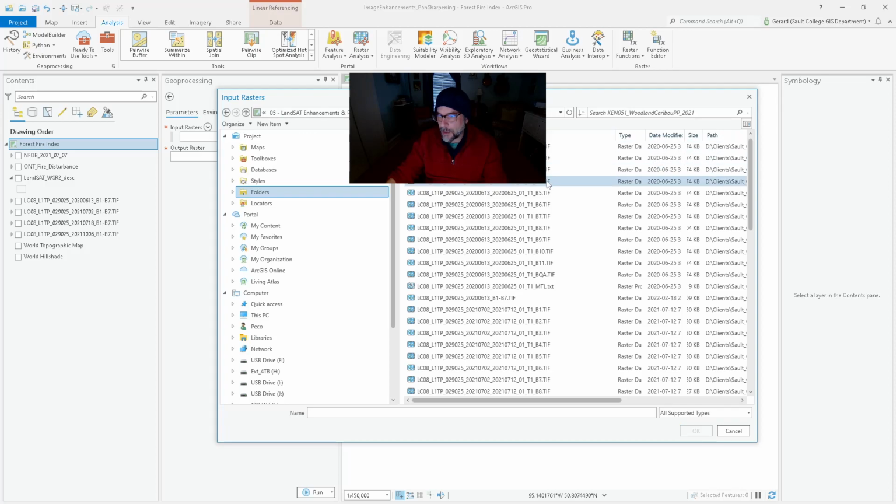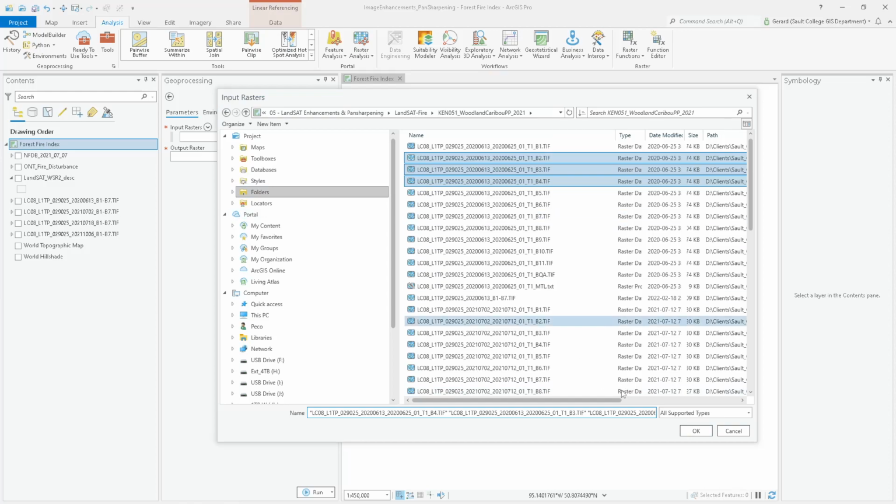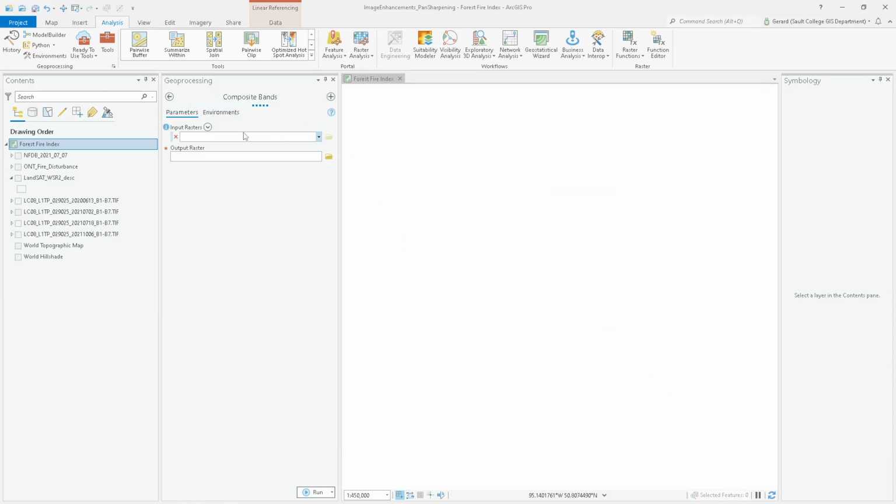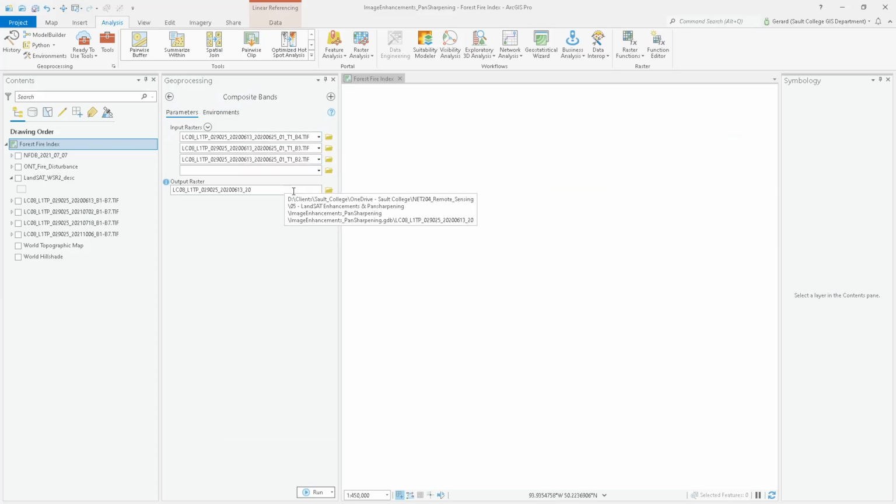Here they are. I'm going to choose band 4, 3, and 2, and I'm clicking them in that order, holding down the control key, because I want the red to go into the red position, the green to go into the green position, and the blue to go into the blue position. So band 4 corresponds with the red, and so on. That's why I click them in that order. I'm going to turn off my... I click OK. Those input rasters go in, and I don't have to do anything with the panchromatic channel yet. I need a true color band